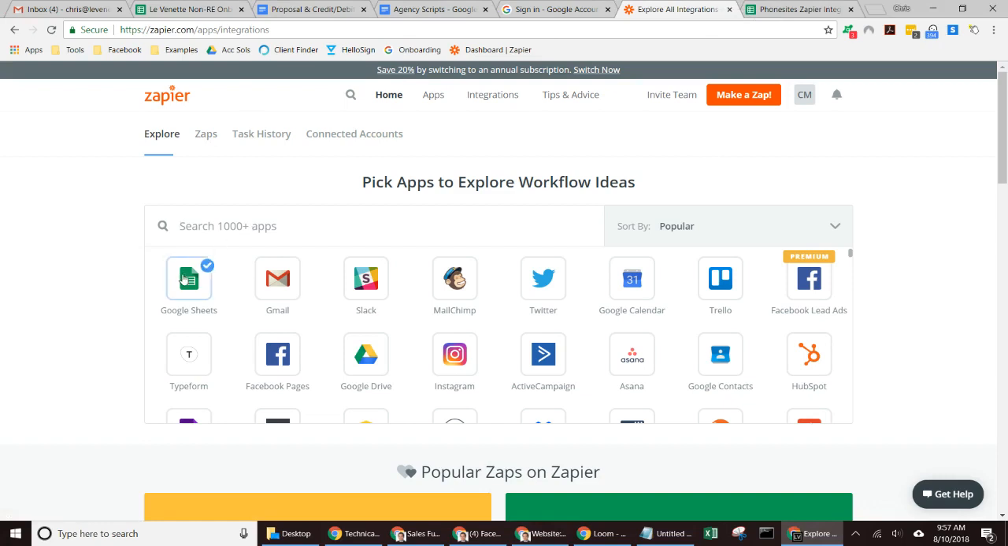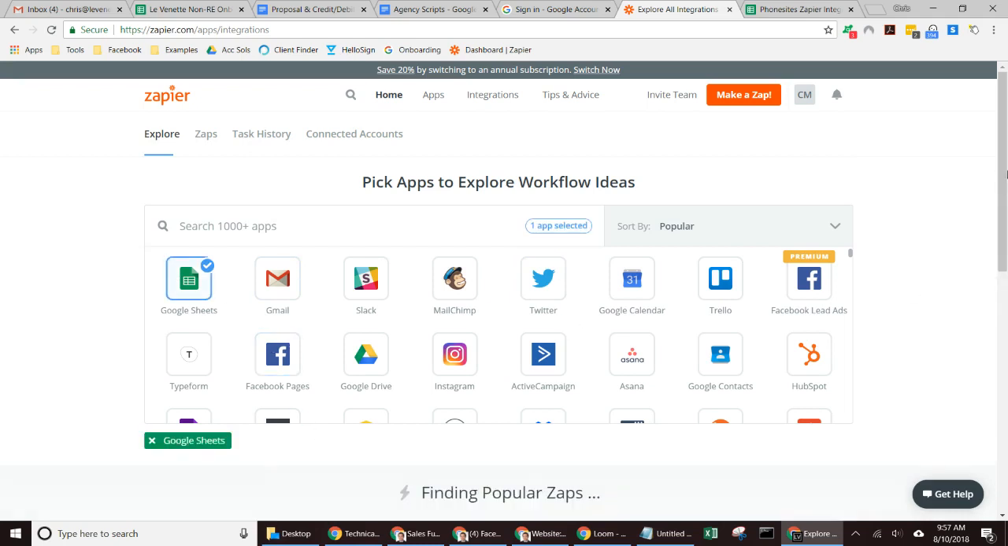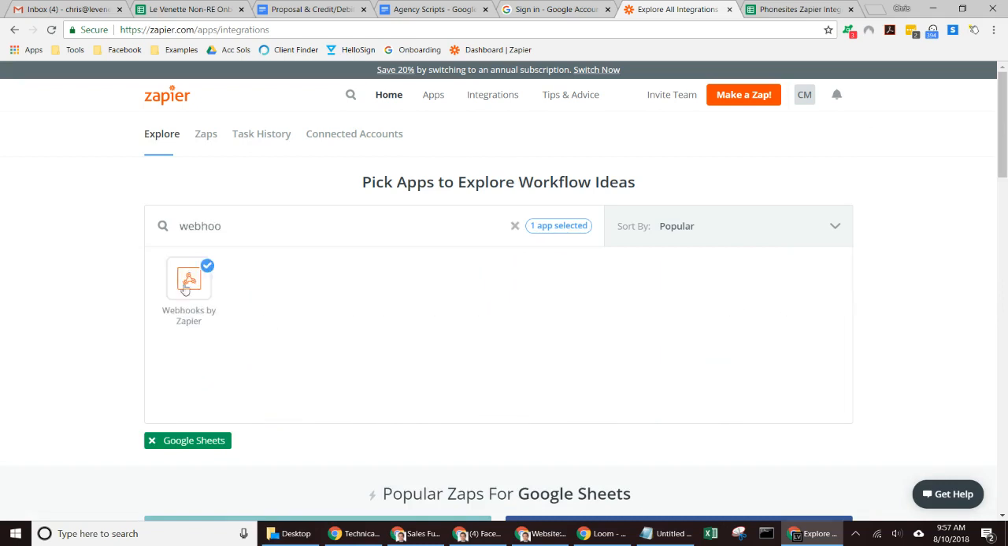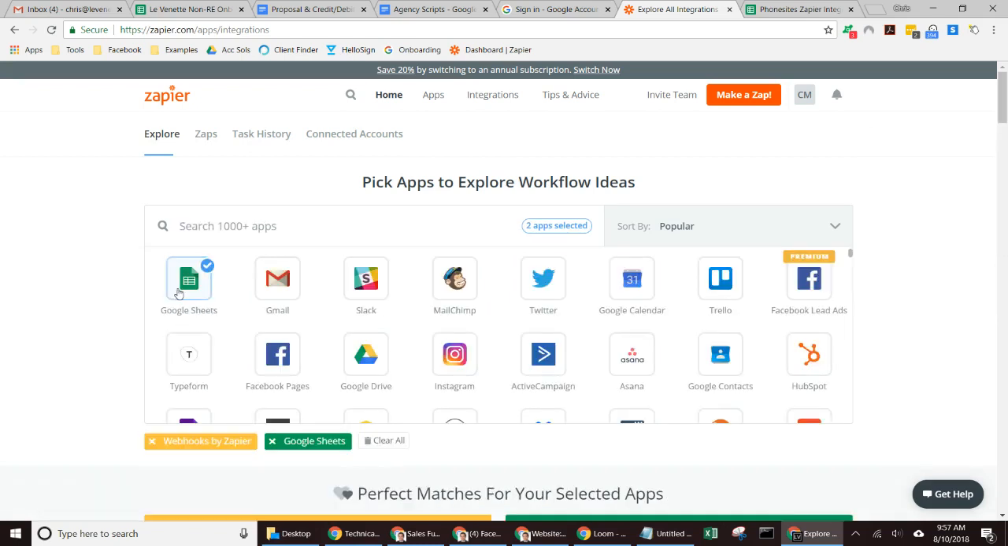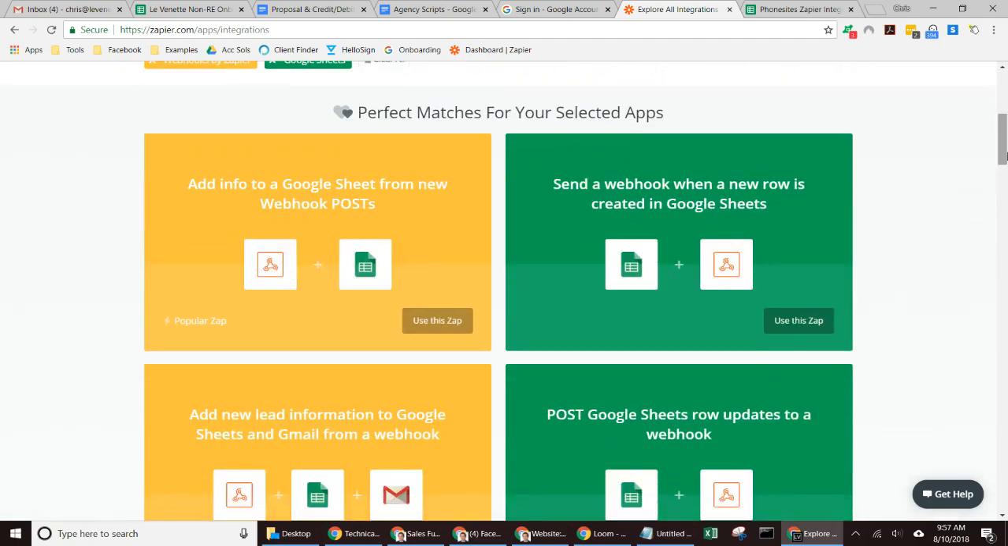Most likely you're going to have Google Sheets listed here as the first app. If you didn't, you could search for that in here. You just type in Google Sheets or Sheets. But I'm going to go ahead and select this. And then I'm going to select webhook. All right. And then you scroll down, and then Zapier is going to show you different integrations that you can